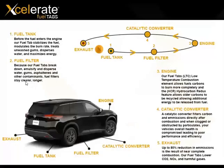This is an elementary school schematic of your fuel system. You have the fuel tank, the fuel filter, the engine, the catalytic converter, and your exhaust, right? Pretty self-explanatory, but all of these little points make a huge difference in the efficiency and the effectiveness of combustion. So where our tab enters the system, we throw it into the fuel tank, and what happens immediately is